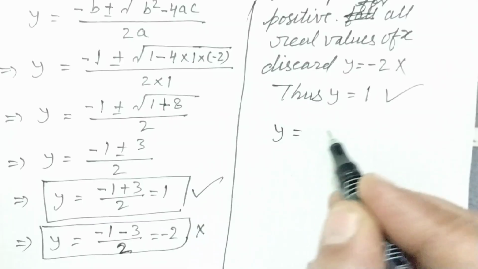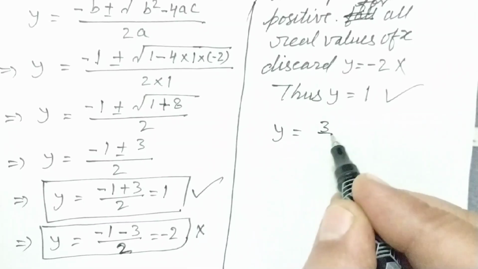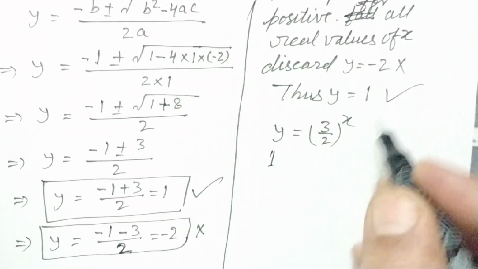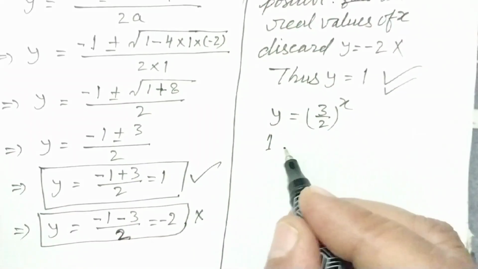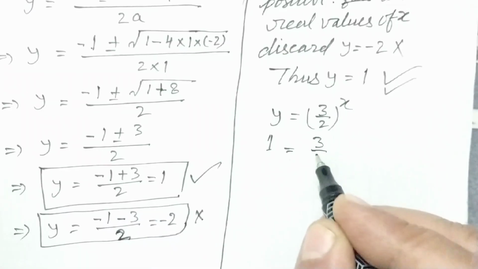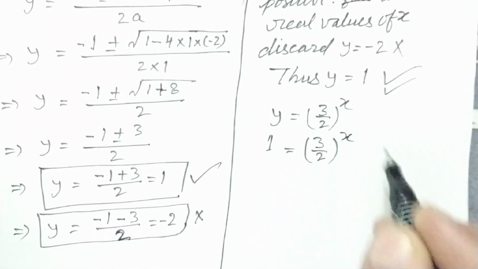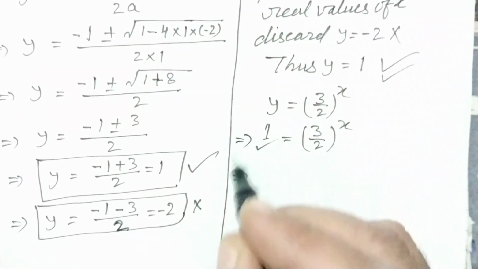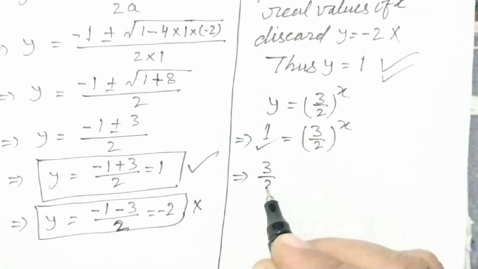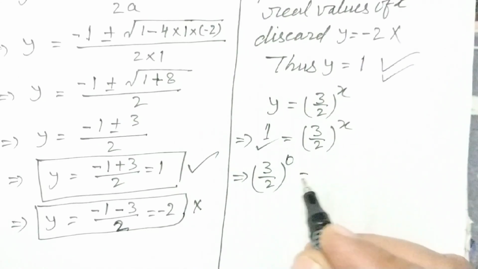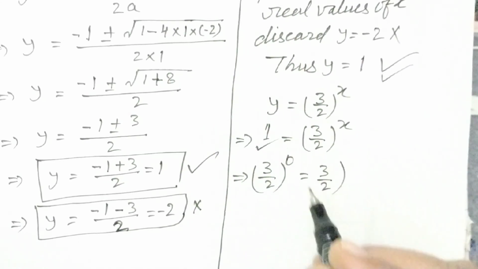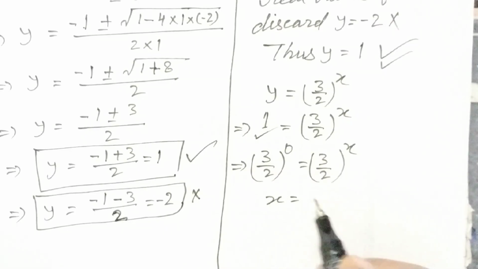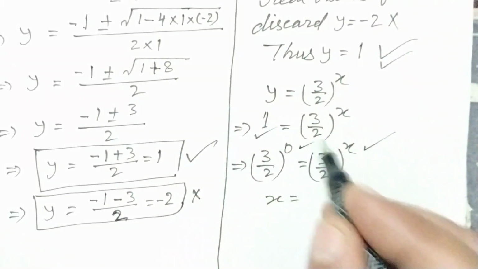Now y, as we have assumed, is equal to 3 by 2 to the power x. So y is equal to 1, right? Is equal to 3 by 2 to the power x. Okay. So 1 can be written as 3 by 2 to the power 0 is equal to 3 by 2 to the power x, right? So x will be equal to 0,